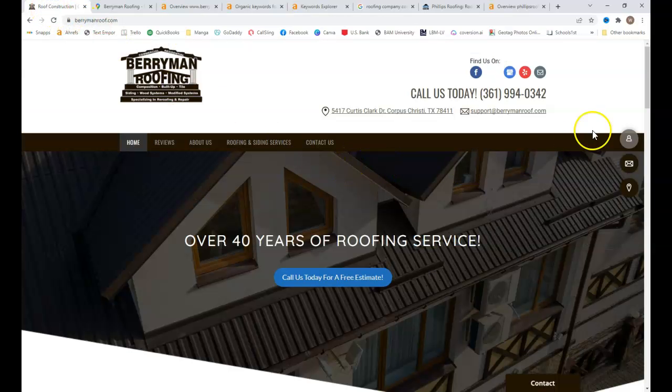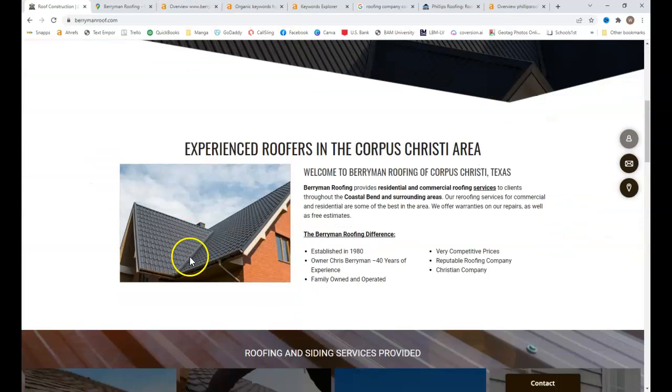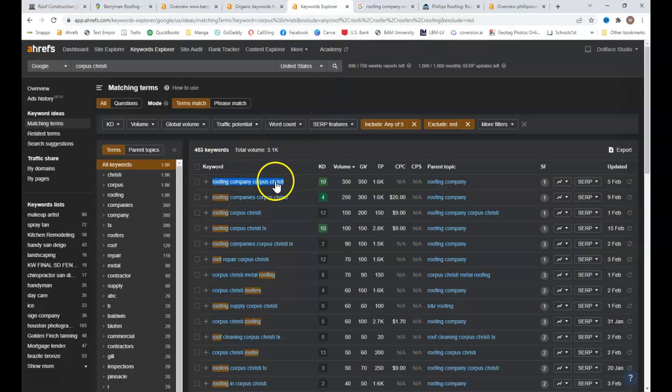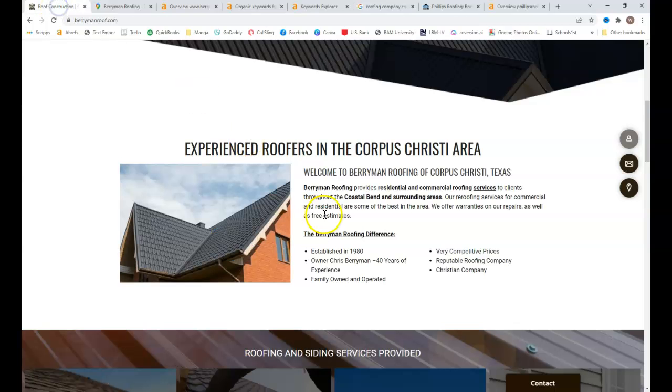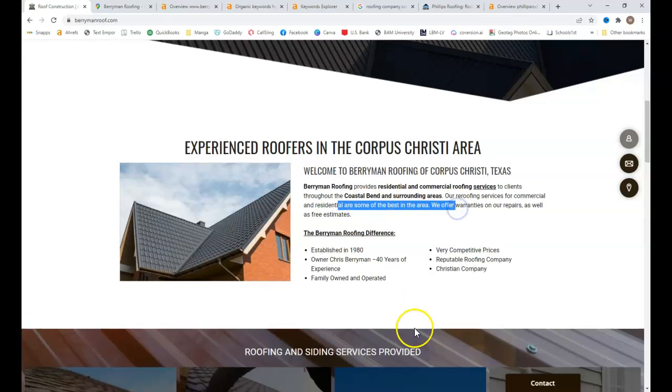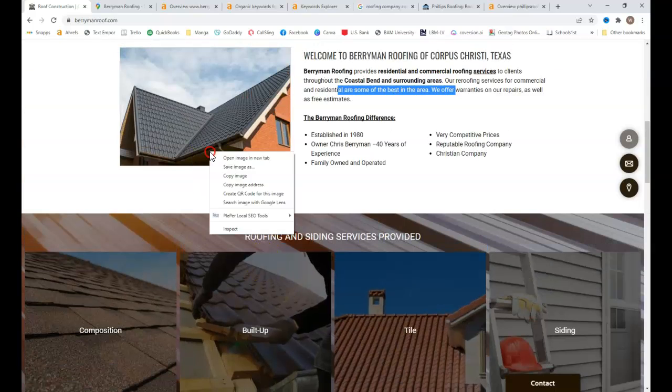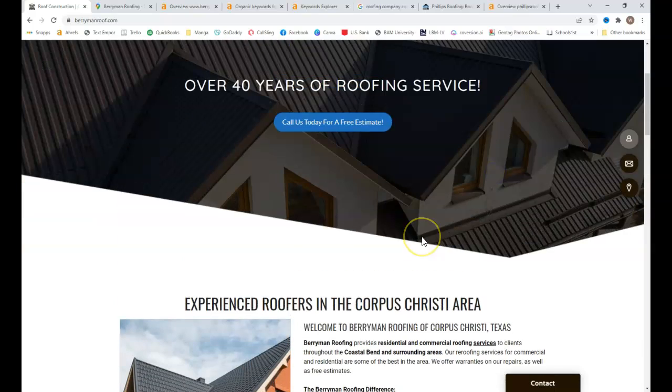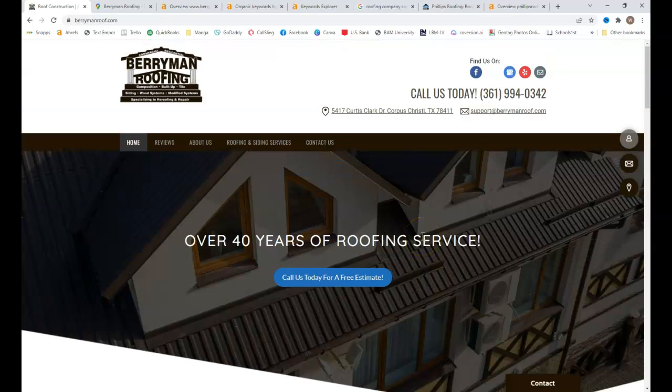a lot of times that goes along with content, and you want those keywords within your content. So if I was wanting to be found for, say, roofing company Corpus Christi, because there's a ton of volume and that has the most traffic, I would have that as a heading. I would have it within my content. Might even save an image as that keyword, and it just allows you to rank faster and more efficiently if you have that keyword verbatim within your content.